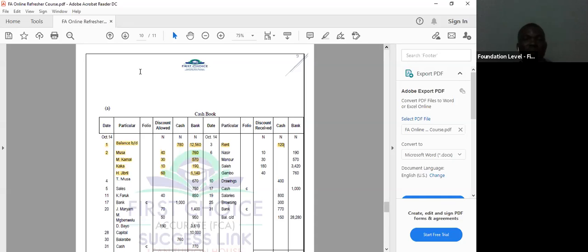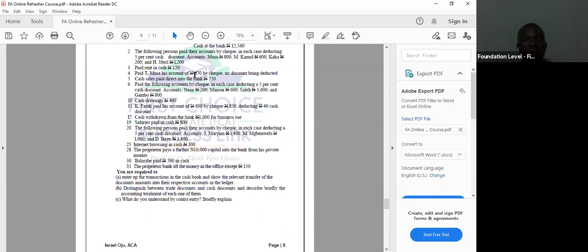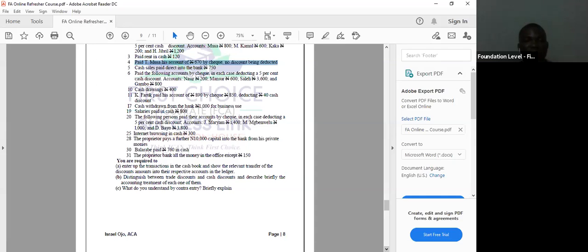The next one we have is paid Musa's account, 670 by check. No discount was deducted. So this one, we paid, we didn't receive. We paid Musa. How much do we pay? We pay 670 by check. If you pay by check, it means that it's going to affect our bank. Now, if you pay by check,